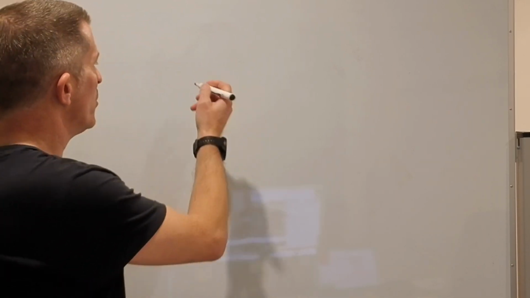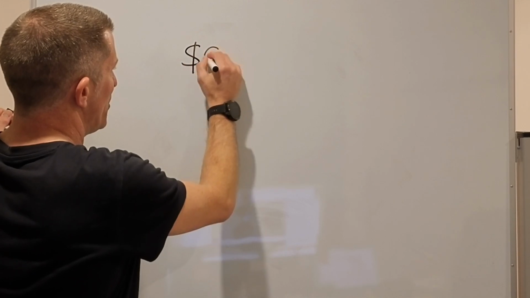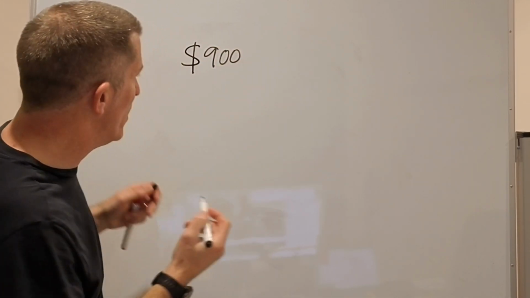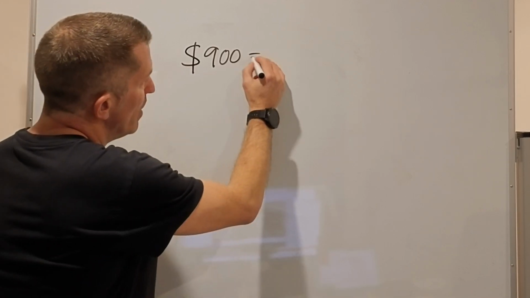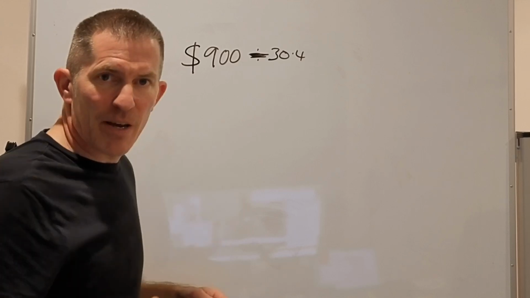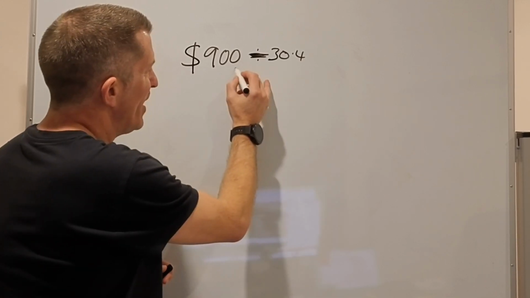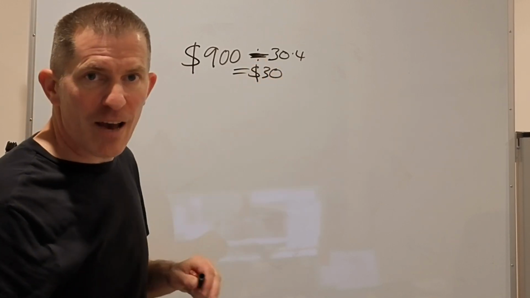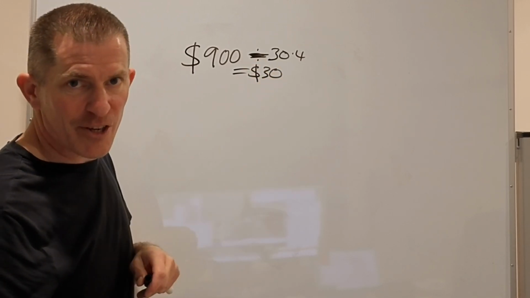So, to give you a high level view of how ad budgets work in Google, kind of the same on Facebook, but I'll talk specifically about Google here. Let's just say you start with $900 a month, which personally I would say is too low, but I'll explain why. If you divide it by 30.4, the average number of days in a month, you get roughly $30 a day.